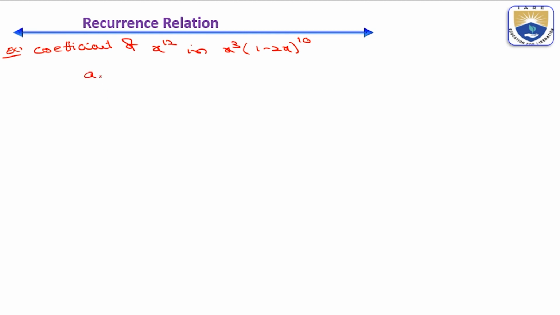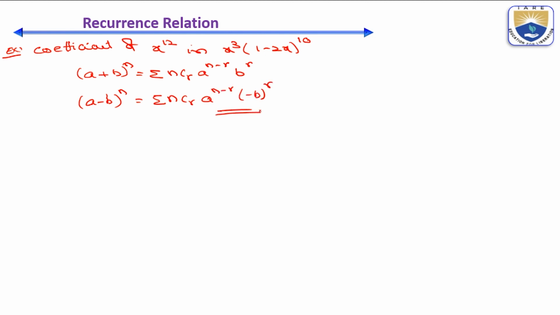So here, let us go for (a plus b) whole power n, and that we are going to write as summation nCr a to the power of n minus r and b to the power of r. This is for a plus b. And for a minus b, if I am taking whole to the power of n, this is summation nCr a to the power of n minus r, minus b power r. So these are the two binomial expansions. In that we are going to consider